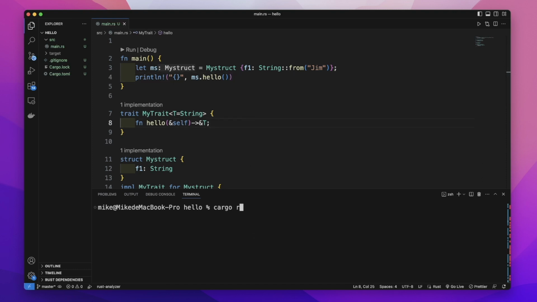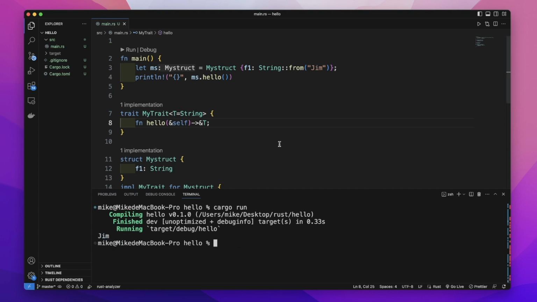In our terminal, let's cargo run. It will print out gym, and this is about a trait with generic type. So hope